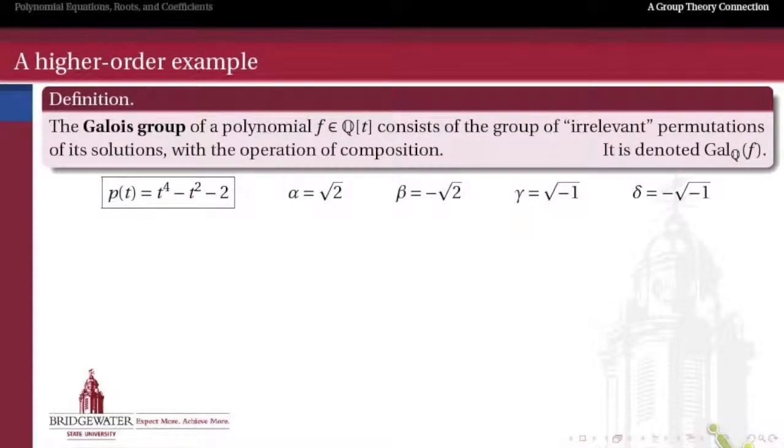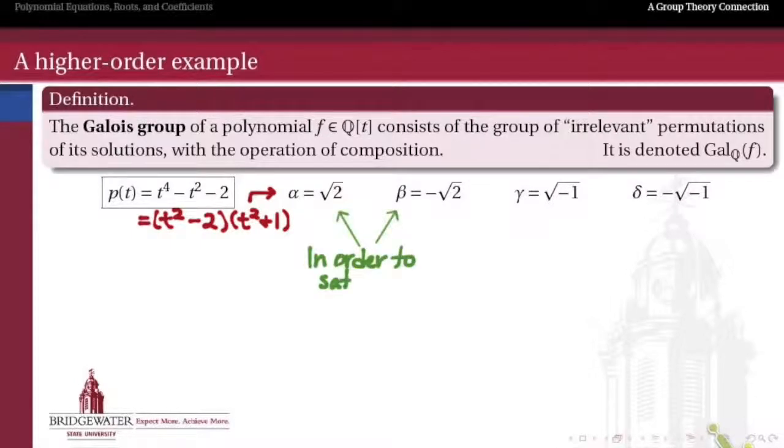Let's look at a higher order example just to make sure that we've understood what's going on here. So here's another polynomial, t to the fourth minus t squared minus 2. Just by a process of factoring this, and then using the zero factor property, yet again, we find out that here are its roots, alpha, beta, gamma, delta, the square roots of 2, and minus square root of 2, and then this plus and minus the square root of negative 1. Let's take a look at the first pair of roots, alpha and beta, that look awfully similar to one another,